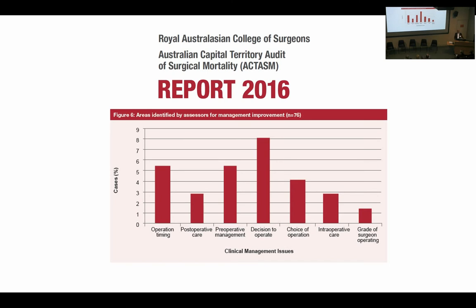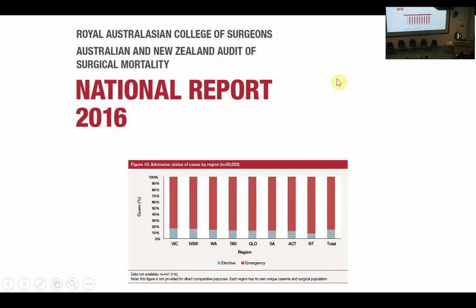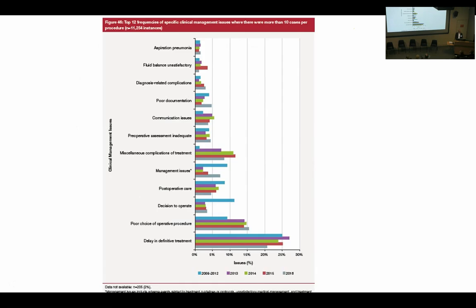clinicians. At the end of the day, we want to do what's best for the patients, and we've heard something very powerful today about Mark. So I'm trying to raise some issues that, hopefully, by the end of the evening, we will get answers to. As in the rest of Australia, most of the patients who die in the ACT are emergency patients, and that's consistent throughout the Australian population. So the most difficult decisions are with emergency patients, which we'll talk about.